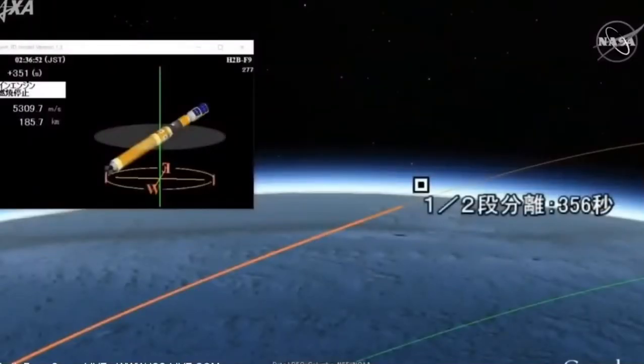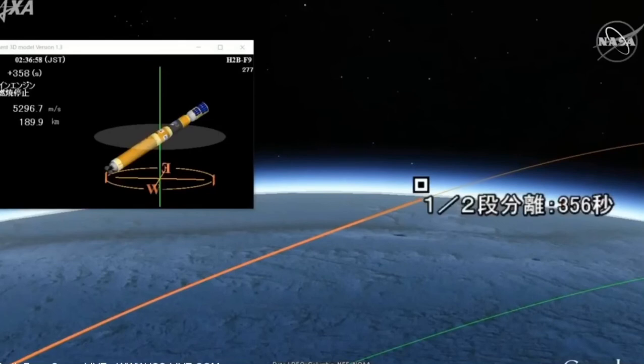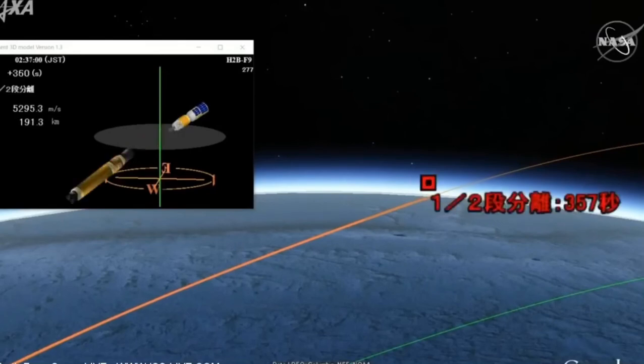Five minutes, 56 seconds into the flight. The first stage engine cut off. Separation of the first and second stages. And now we have confirmation of